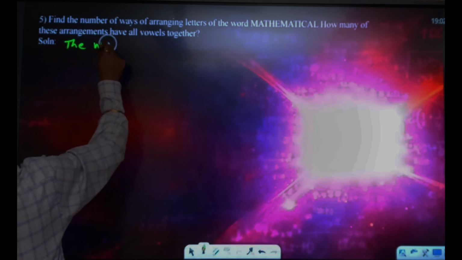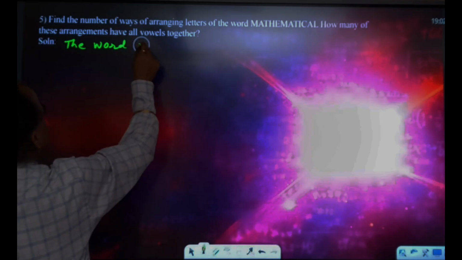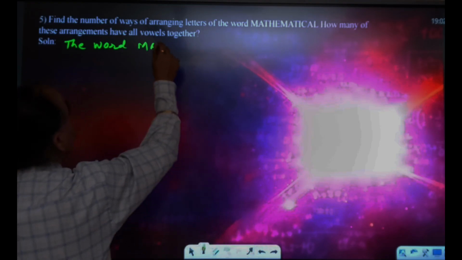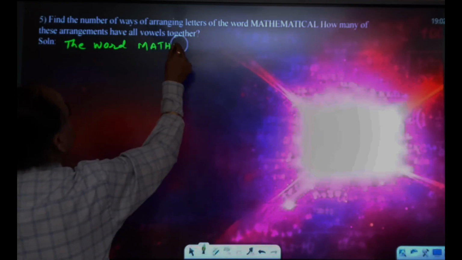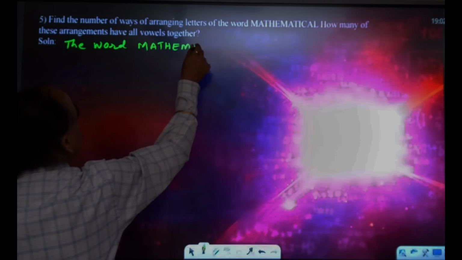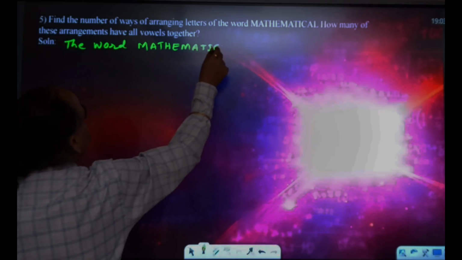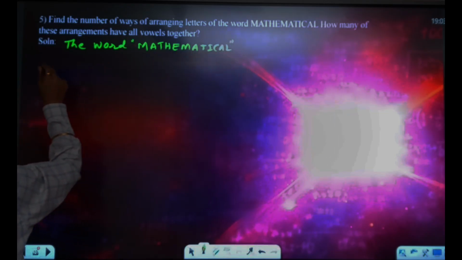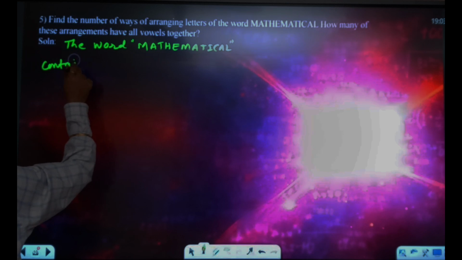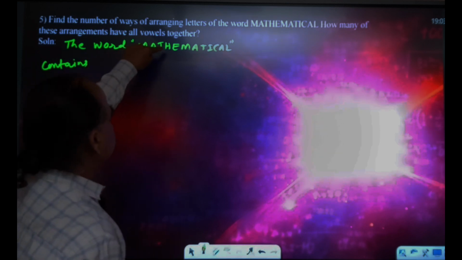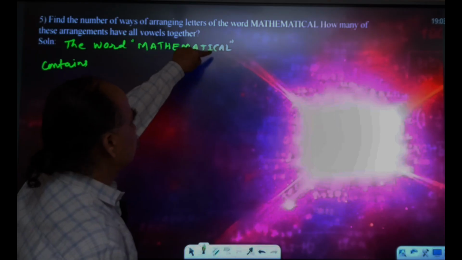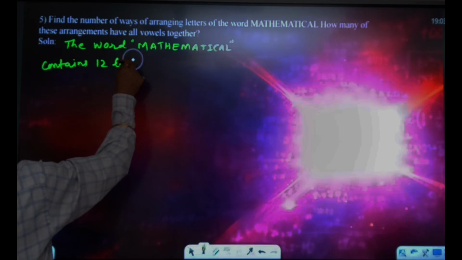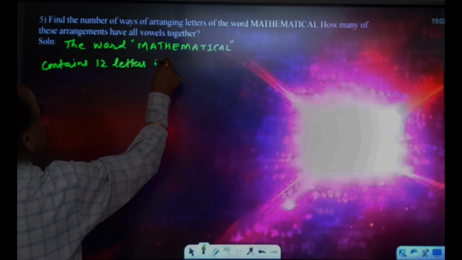The word mathematical contains 1, 2, 3, 4, 5, 6, 7, 8, 9, 10, 11, 12, 12 letters in which